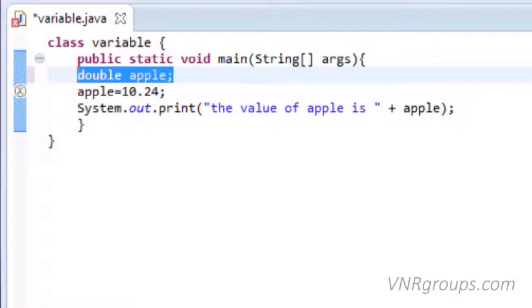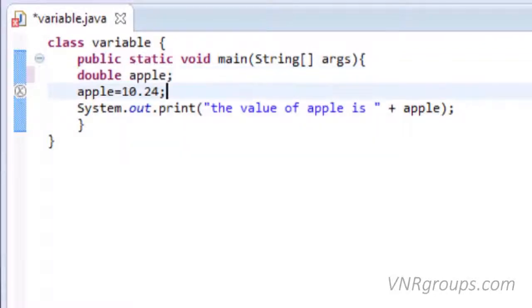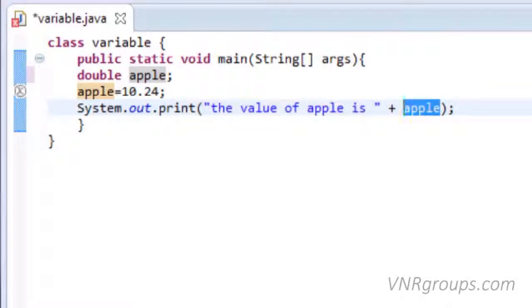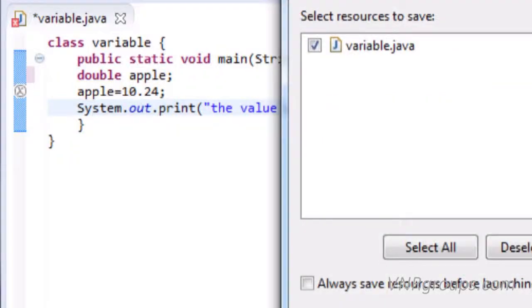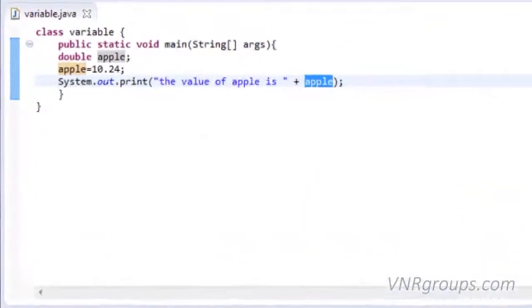Double at the beginning of statement means we can assign decimal numbers like 30.24, 40.28, etc. to variable apple. Now this statement will assign value of 10.24 to variable apple. Here apple can hold both integer numbers and numbers with decimal point. This would print the value of apple is, and this would print 10.24. Let's run this. The value of apple is 10.24.